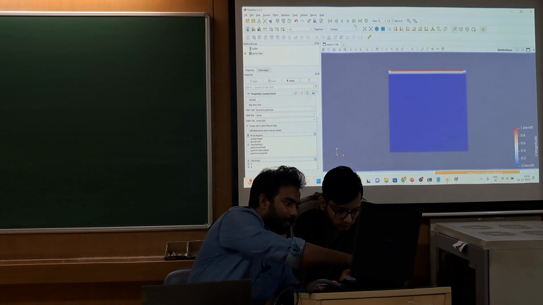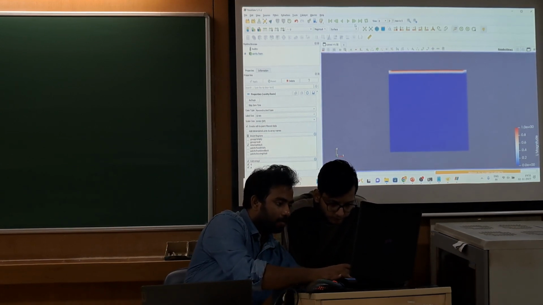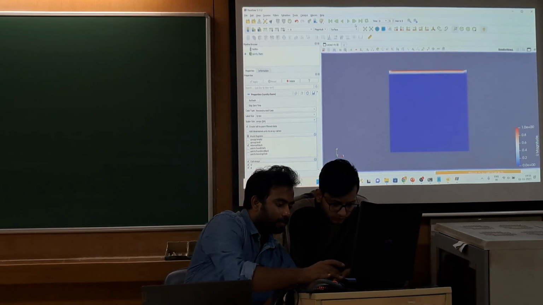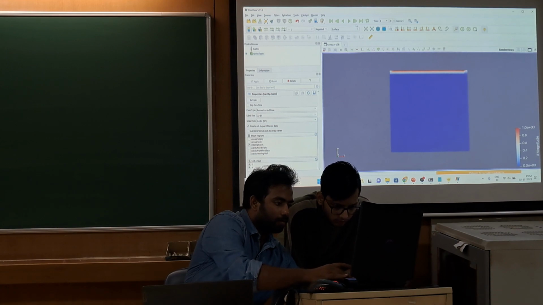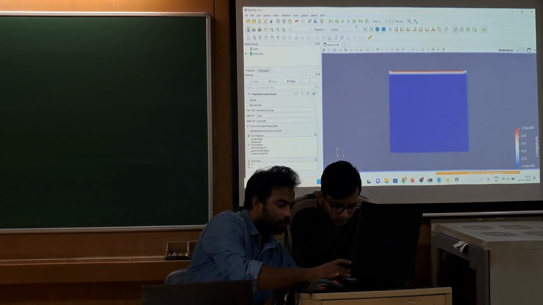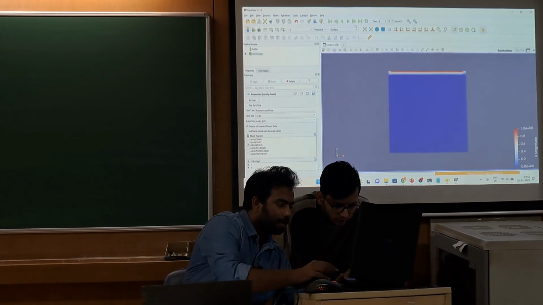This folder will be copied. Where do you want to copy? You want to copy in the run folder. You have not created this one.